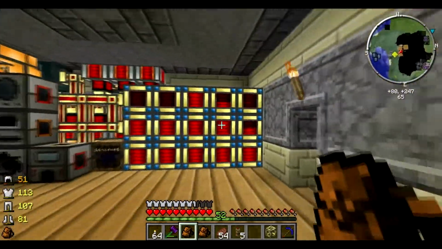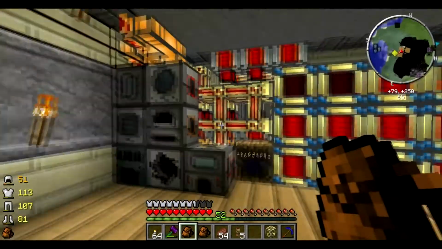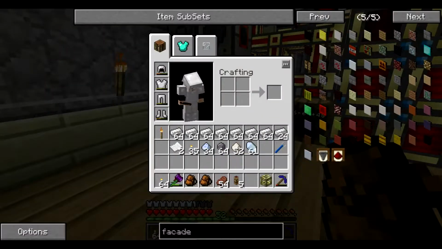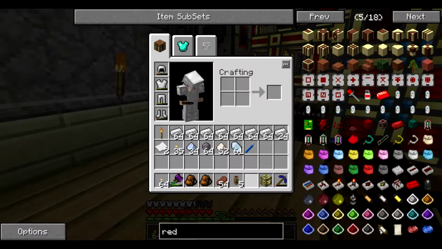As you can see, I've done a little bit of work. I've set up some of these redstone energy cells, like I talked about. I'm going to show you how to make those. I'll have one unfilled for you guys. So, to make the frame, you're going to need to